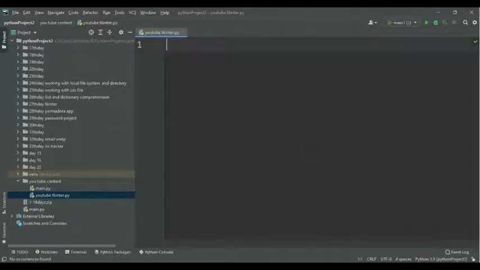A button is a very good thing: if you click it, the command will go to a function and the function will be executed. This is the main motive of the button.